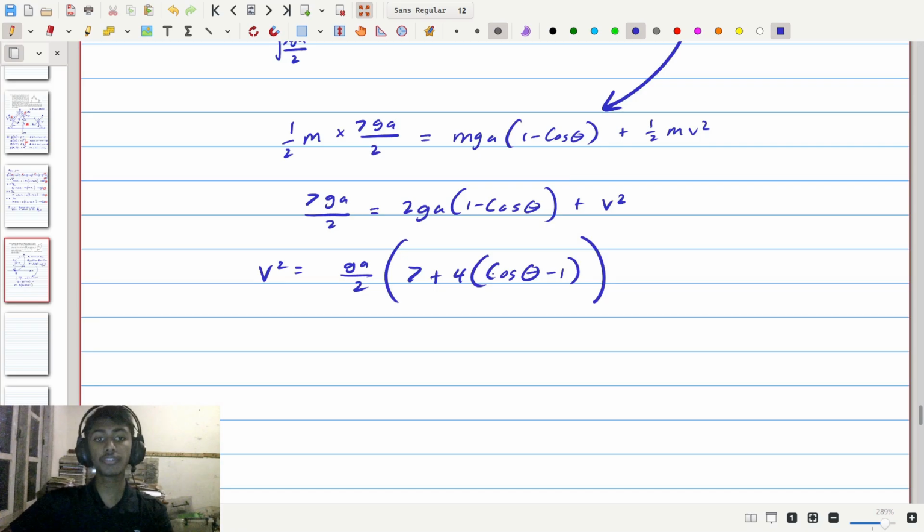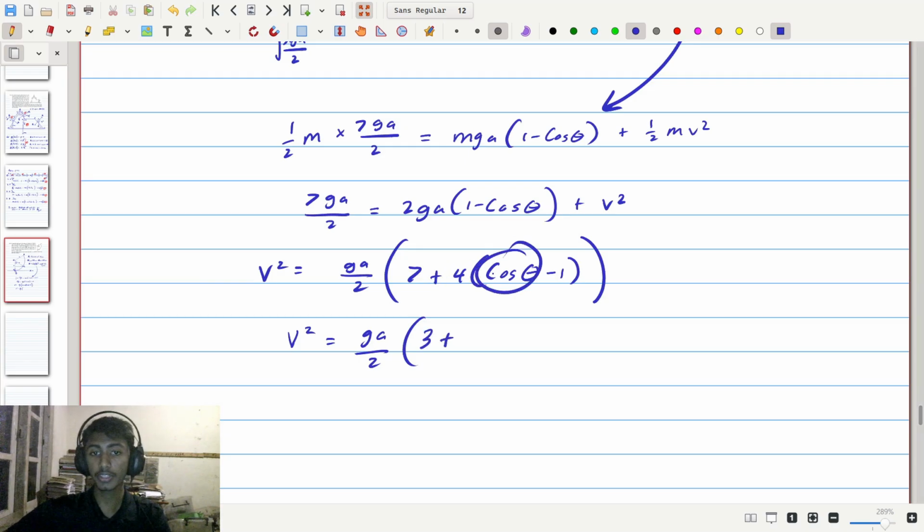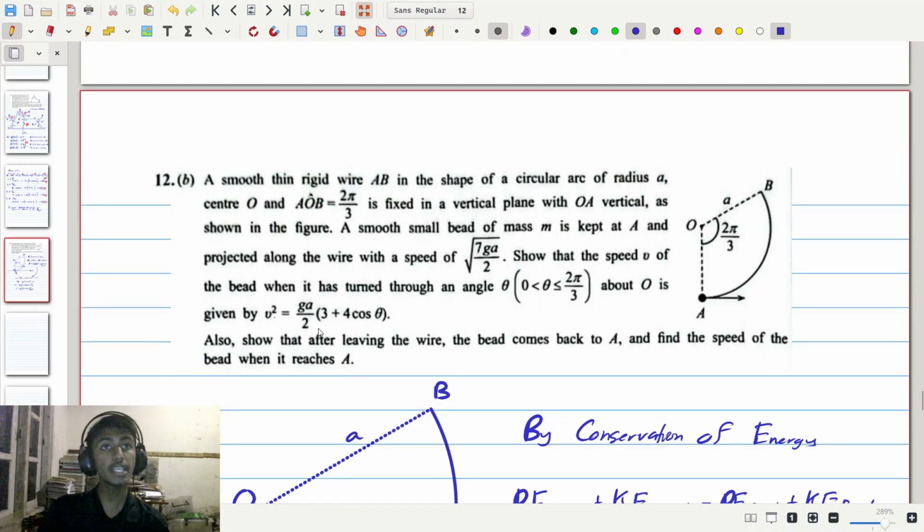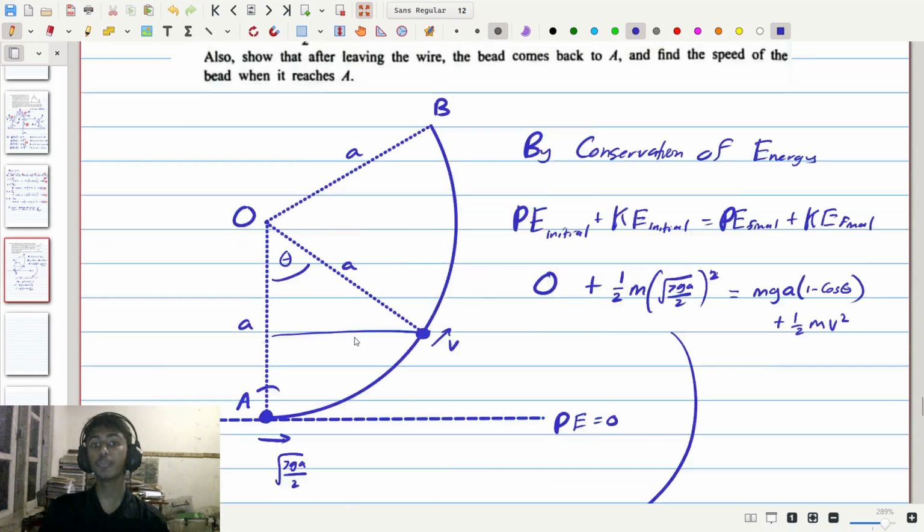Now if we simplify this down, we can see we get v squared equal to ga over 2 times, we have 7 plus 4 times negative 1, which is going to become minus 4, 7 minus 4 is going to become 3, so we have 3, and then 4 times cosine theta is going to be 4 cos theta, and that is the formula that we wanted. So we've shown that v squared is equal to ga over 2 times 3 plus 4 cosine theta,